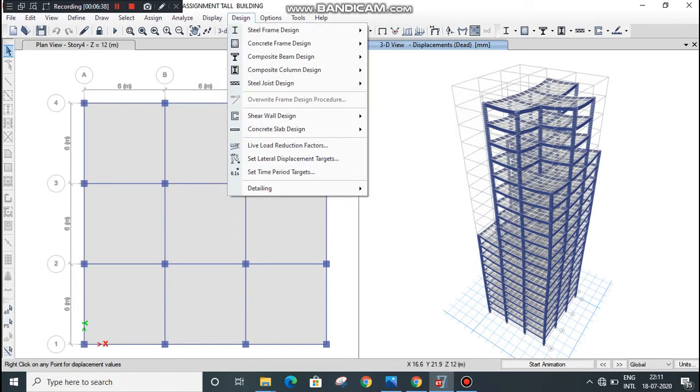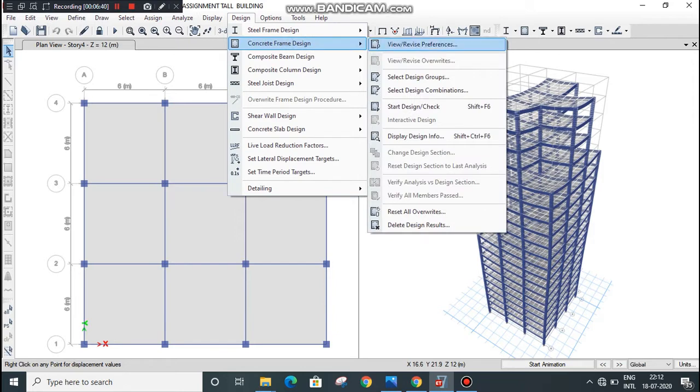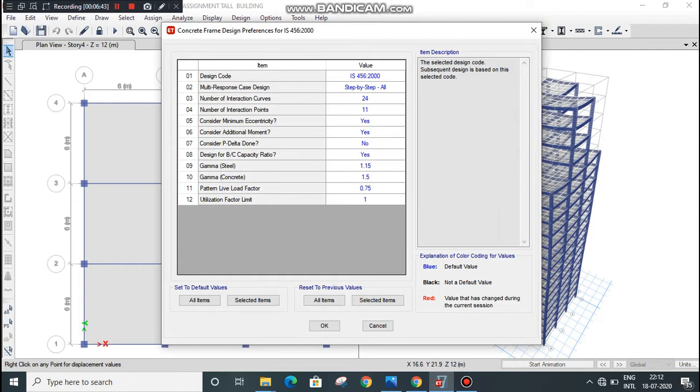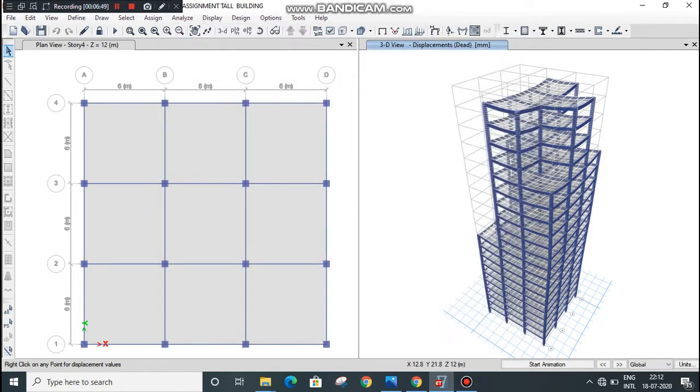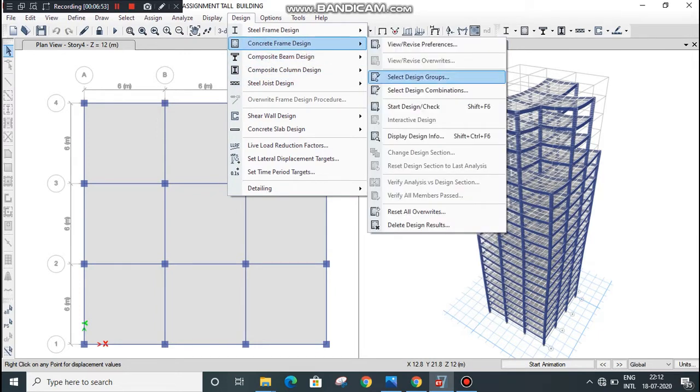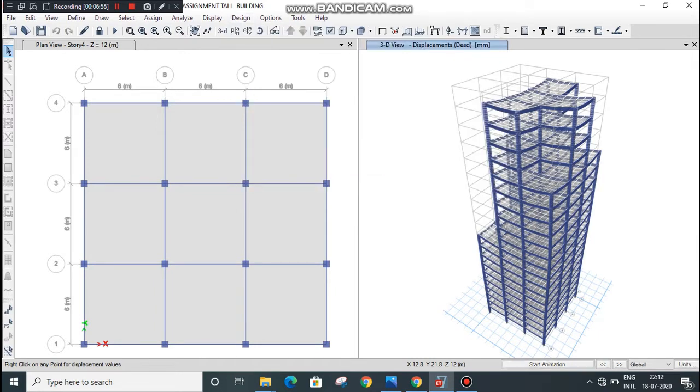Now go to design, select concrete frame design, click on view revise preferences, confirm design code should be IS 456 2000, click on OK. Again go to design menu, go to concrete frame design, click on start design, check.